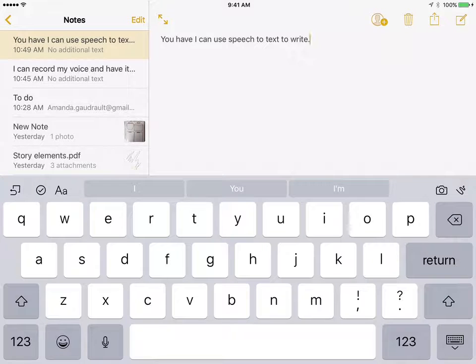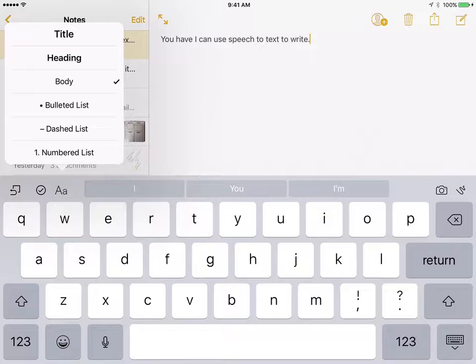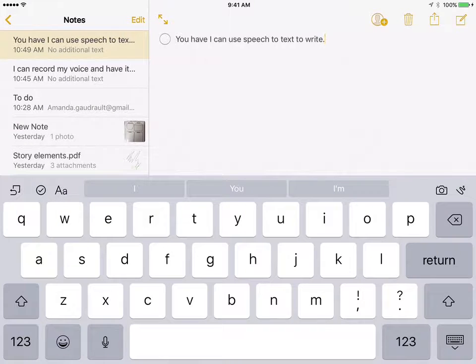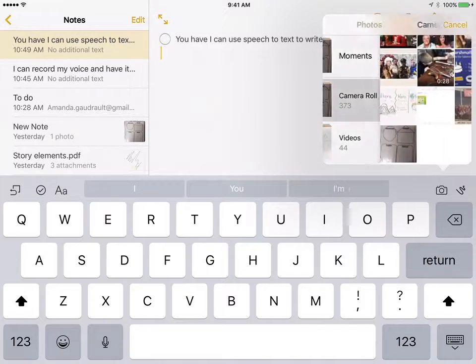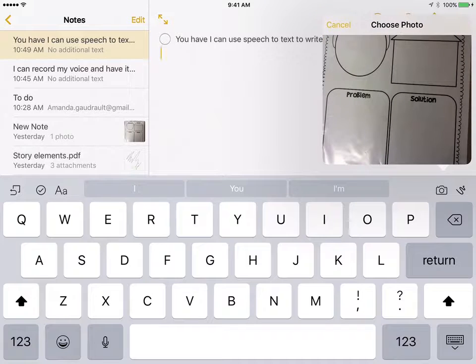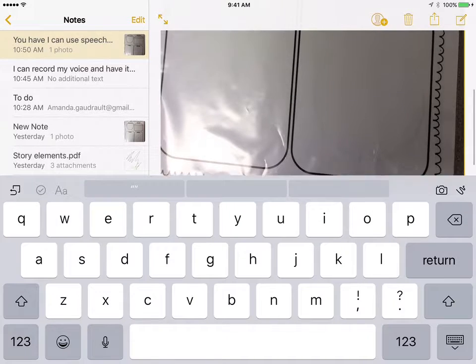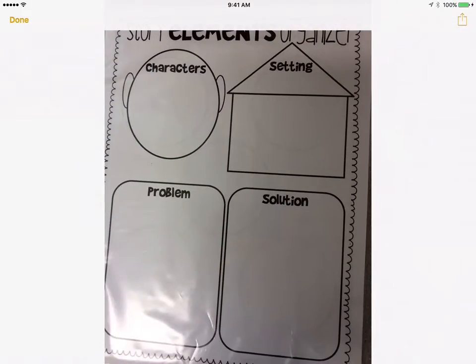This will be great for some students who are maybe reluctant to put pen or pencil to paper. We can, of course, change how our text looks, so we can have bulleted lists, dash lists, numbered lists, as well as checklists. So this might be useful for time management skills. Okay. We can also include images, either by taking them on the camera right now, or by inserting a photo from your photo library. So here's a graphic organizer. I'm going to include that. The nice thing about this